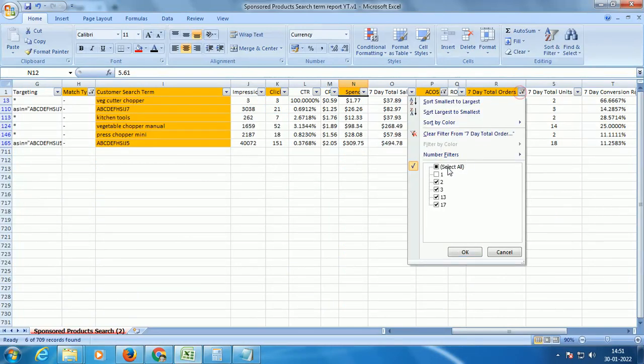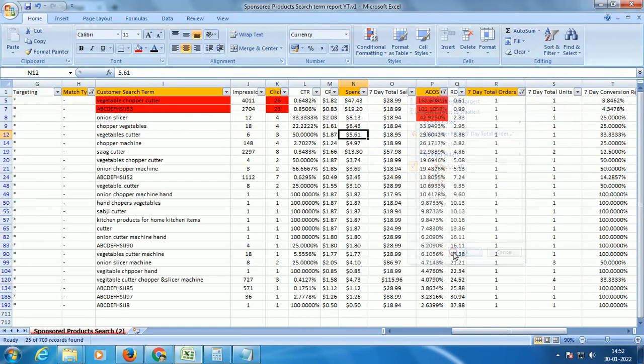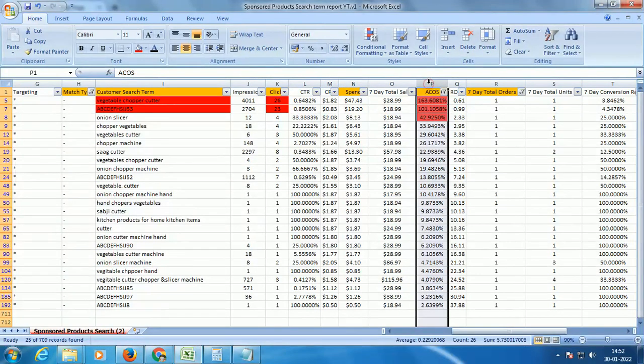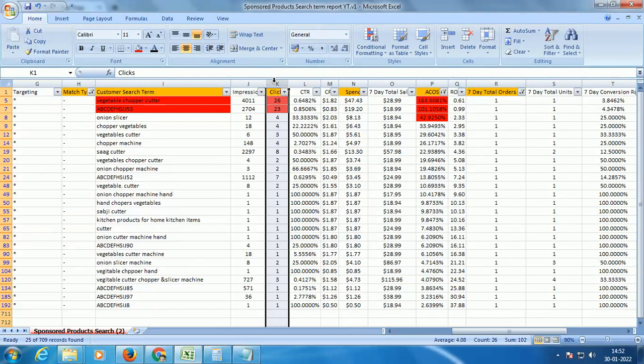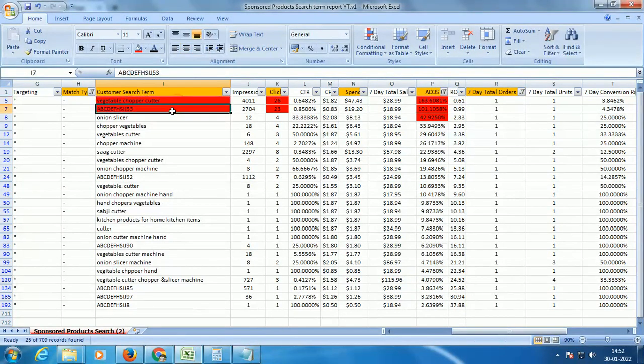Then we looked at the cells where we have only one order. We checked our ACOS and then saw how many clicks we received. Accordingly, we got to certain search terms, and we are going to negate these two search terms or ASINs. Clear? This is all we need to do in our auto campaigns. Cool, we are done with our auto campaigns.